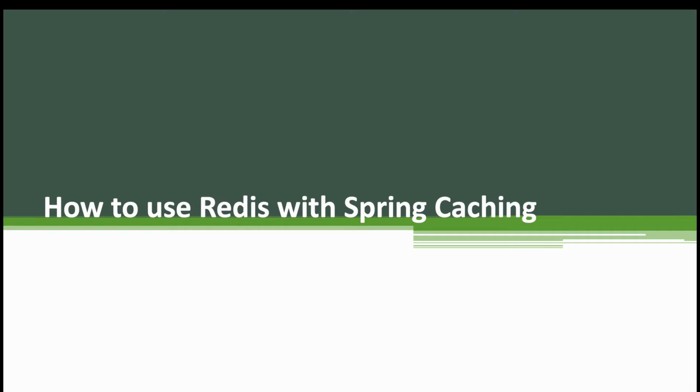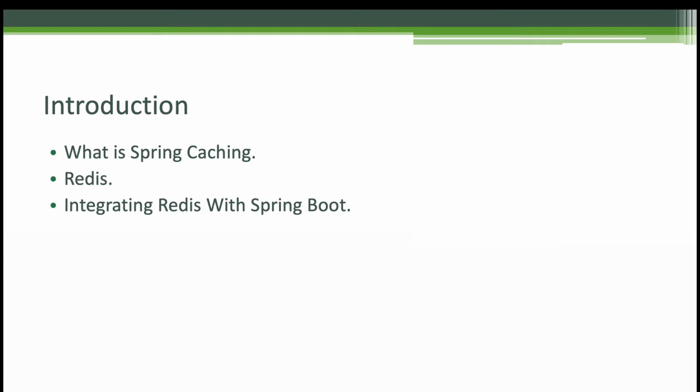Spring caching provides an abstraction around the different caching mechanisms, and it makes it really easy to change your implementation. All you have to do is make a few changes to the configuration, but your code base will remain the same. If you are still starting out with the Spring caching abstraction, I have added a link in the description. Make sure that you have a basic understanding of the different Spring annotations, Spring caching, and how the various things work under the hood.